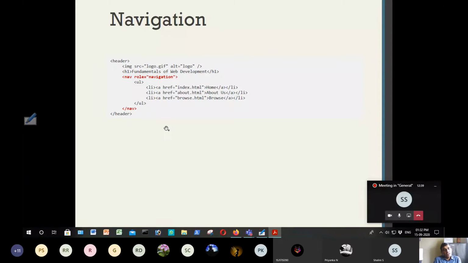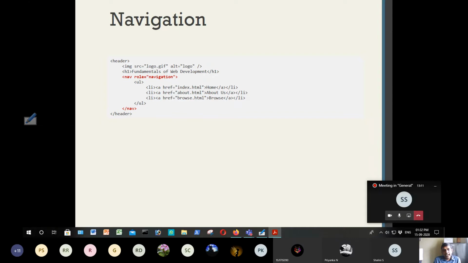That clearly tells that the role of this tag is navigation to some other document. Okay, so now when the web crawlers go and search this, if they find anything between the nav and nav tag, they will come to know this part, like home, about and browse, are navigation links that will take you to some other sites. So that's the meaning to a document: the navigation part of your web page can be clearly indicated by the nav tag.